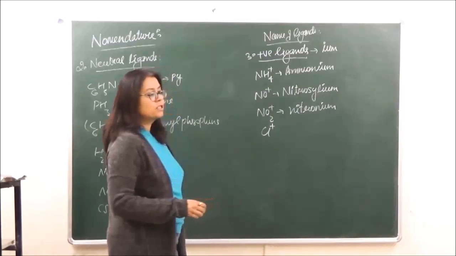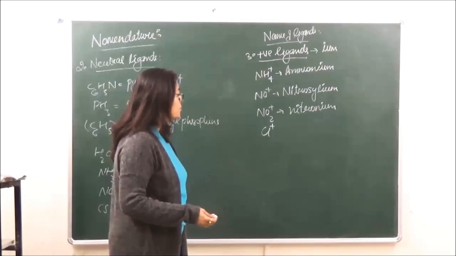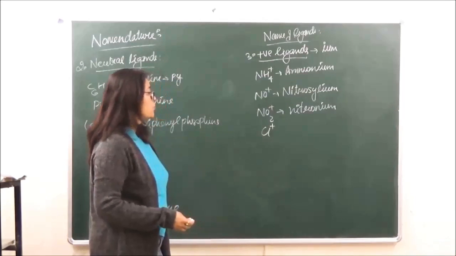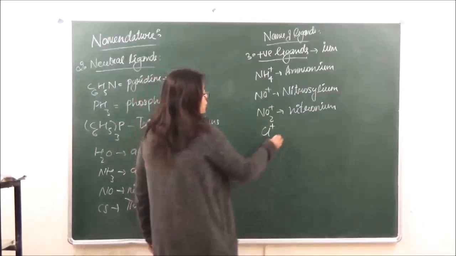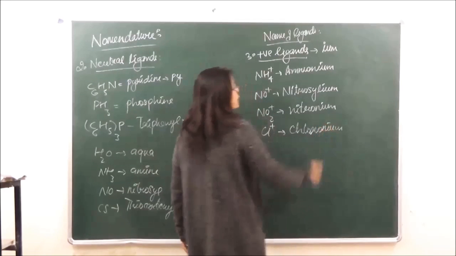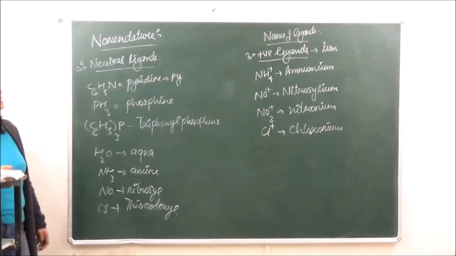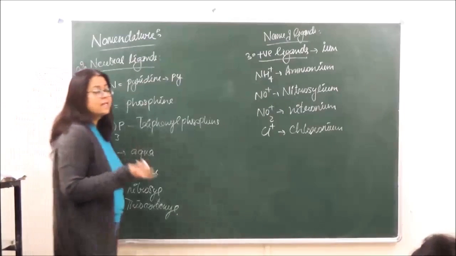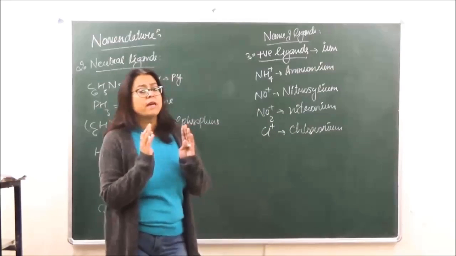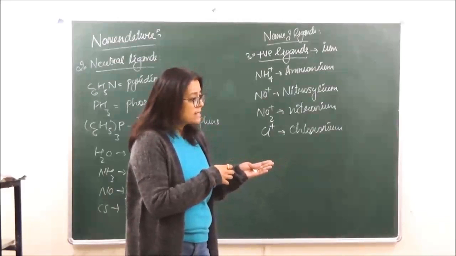there are certain Cl positive or Br positive ions which may also be, you will see when we are doing organic chemistry, the positively charged ions which may be produced by taking into consideration the halogen carriers. So this is going to be known as what? Fluoronium. Although the positive ligands are very rare, so these are just a few of them. Okay? So this is the second rule which we have done. In the first rule we first name the cation and then the anion. In the second rule, if we are naming the coordination entity, we will first name the ligands and then the central metal atom.